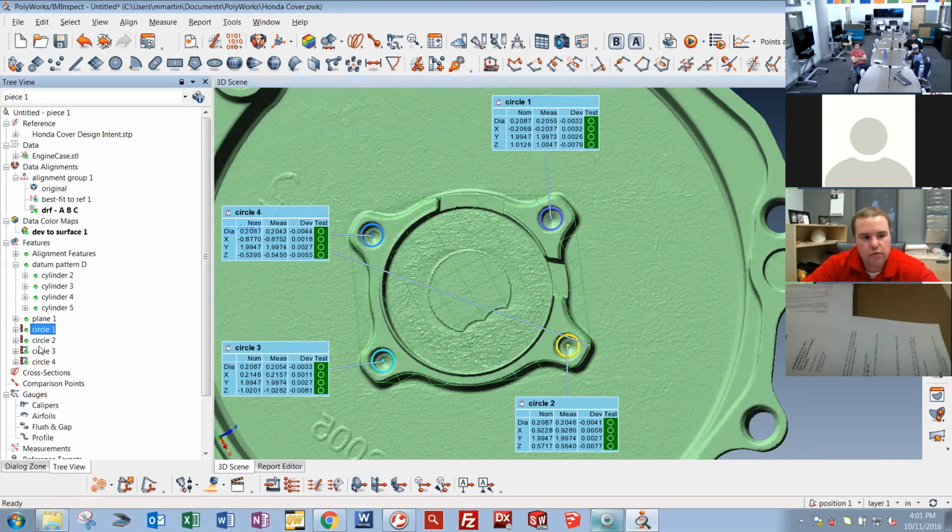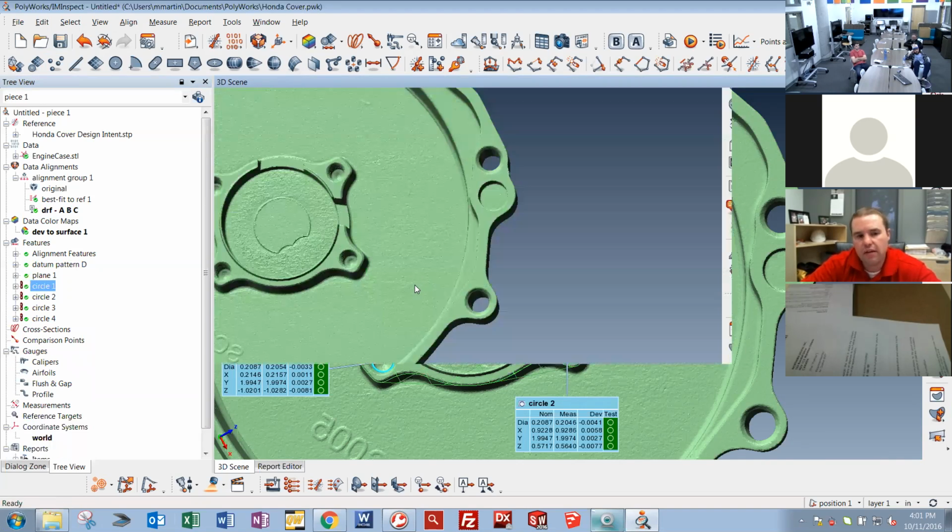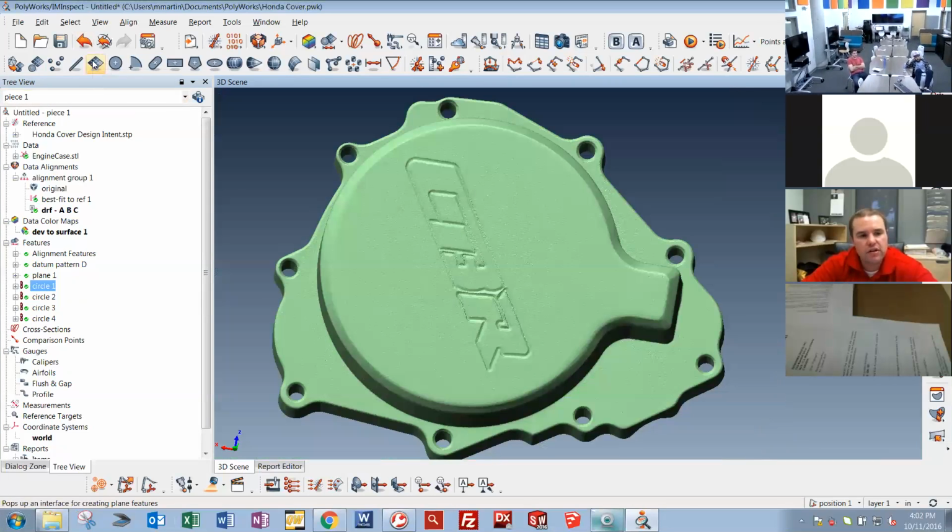Now what I can show you is, say you didn't have any CAD and you still had to take measurements. So we'll go on the back side for this. Say you needed to define this plane and this plane because you wanted to take an overall height measurement. If you didn't have CAD for it, which makes it easier because we pick on CAD and then extract, you would actually have to go in here and create the plane feature,